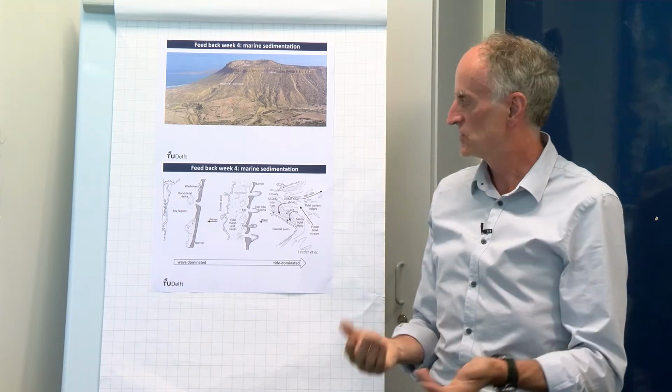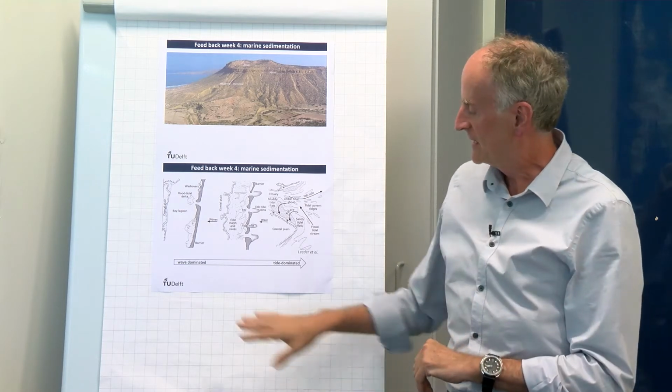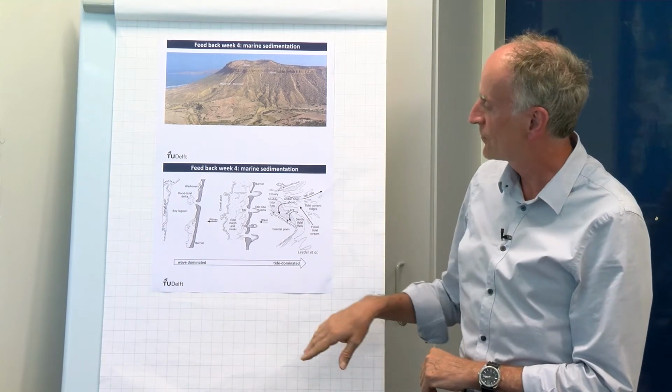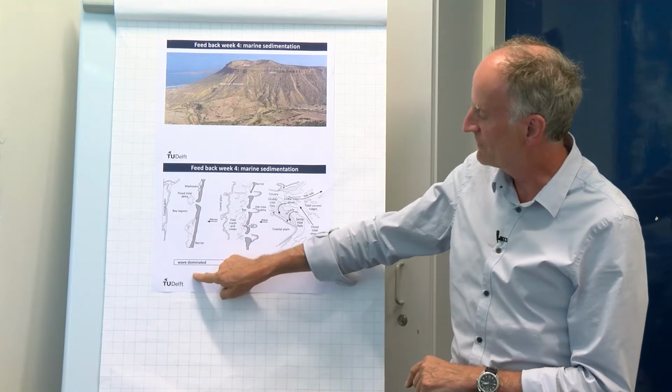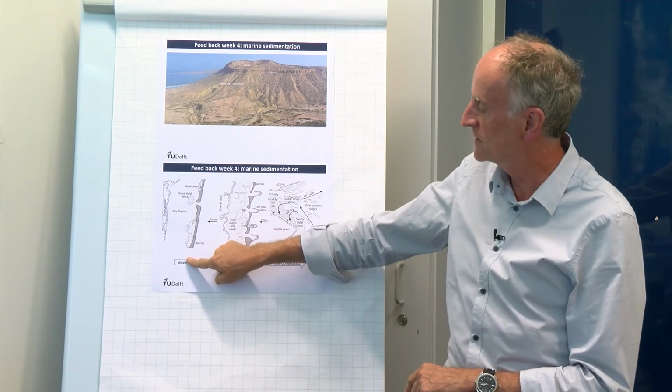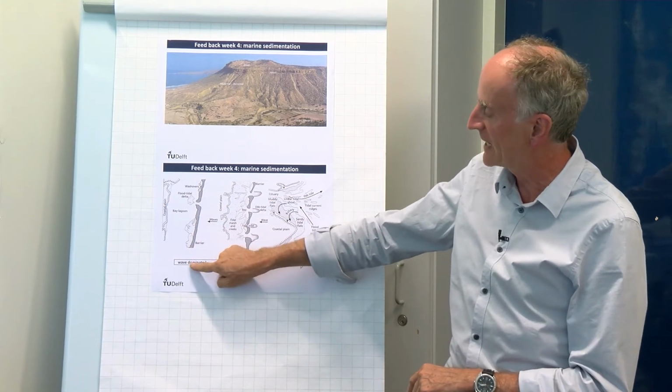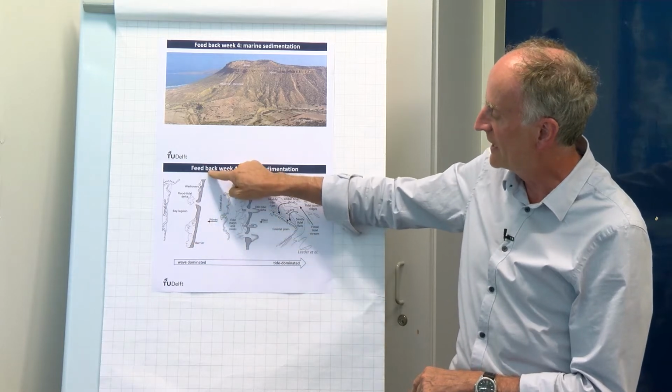autogenic features such as currents and tides. Now, here is a diagram showing three different types of tides. On the left-hand side, you see a coast dominated by waves, and it's characterized by linear features like these sand